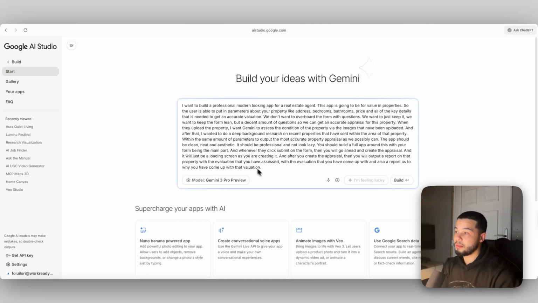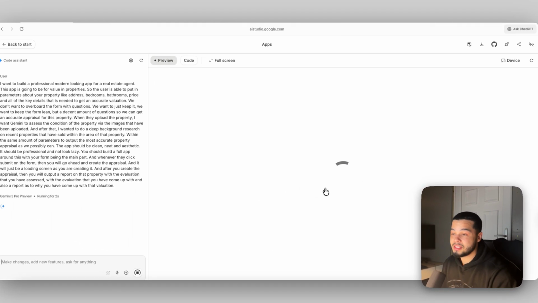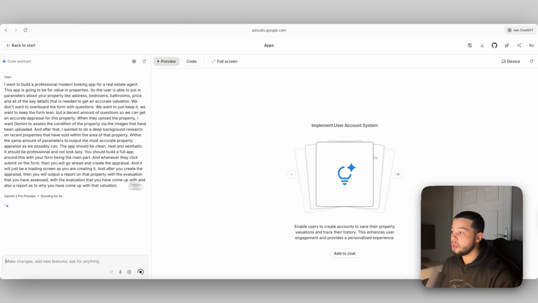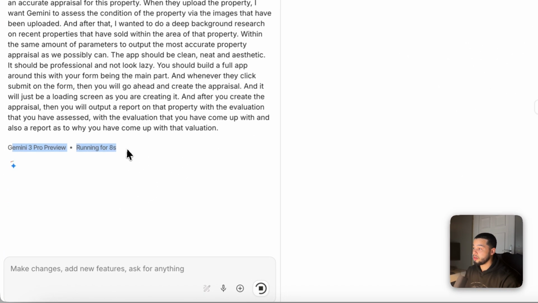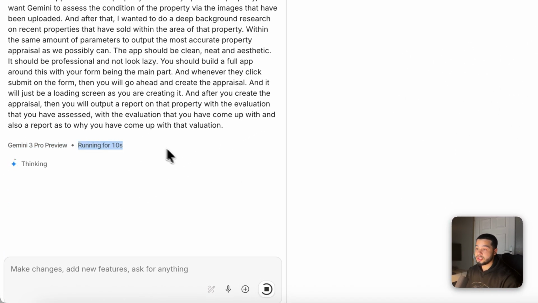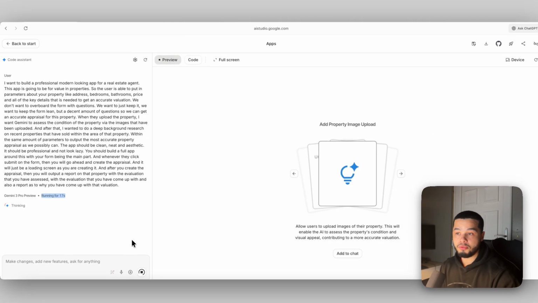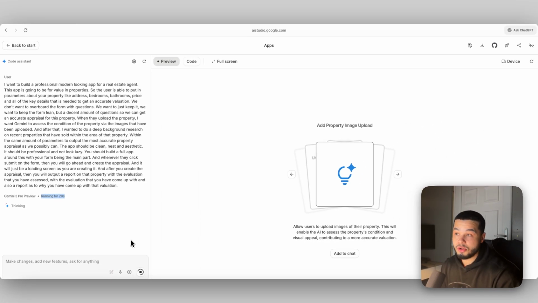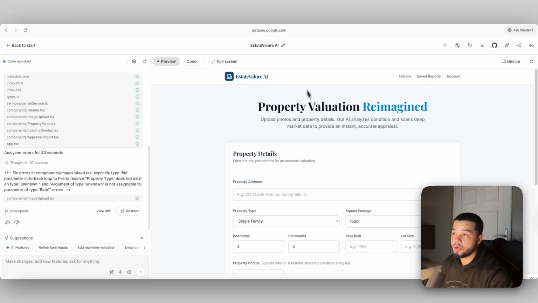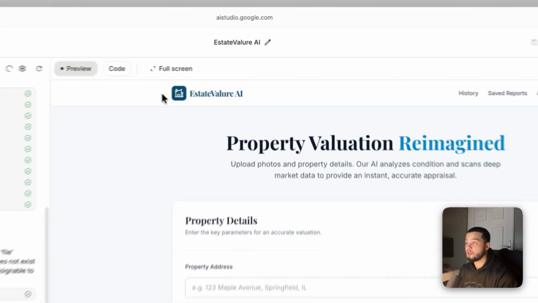Okay, so I'm going to paste that message in here, and as you can see down here, we're using the Gemini 3 Pro preview, which is the new one that has just come out. So when I press build, it's going to go ahead and start building that app for us. It might take a few minutes. As you can see down here, it's going to run. We'll have to go back and forth to make sure the app is up to standard and what we are exactly looking for. Okay, so you can see in the output here, it outputs a full app for us, basically